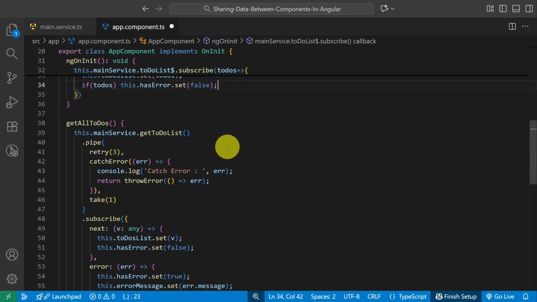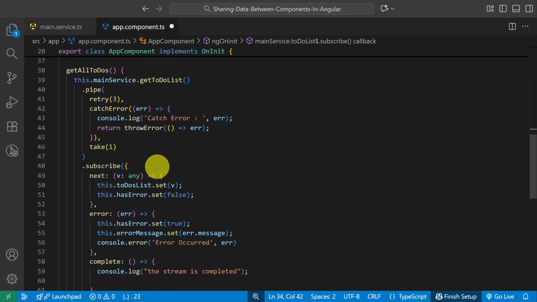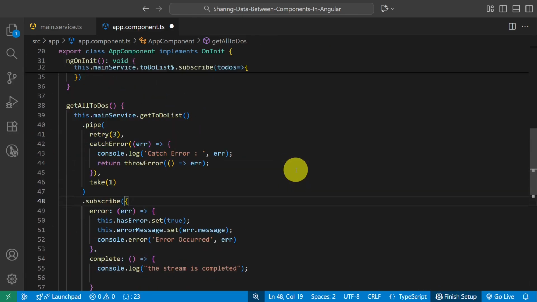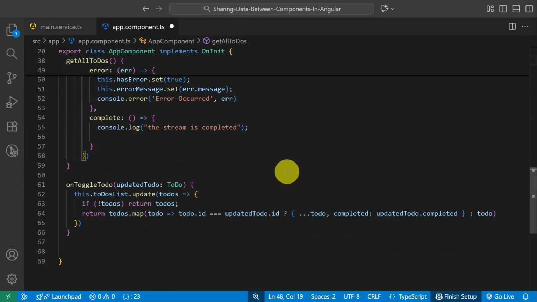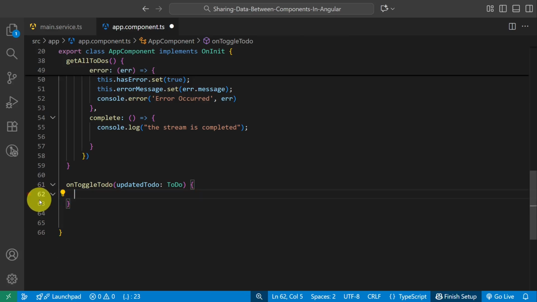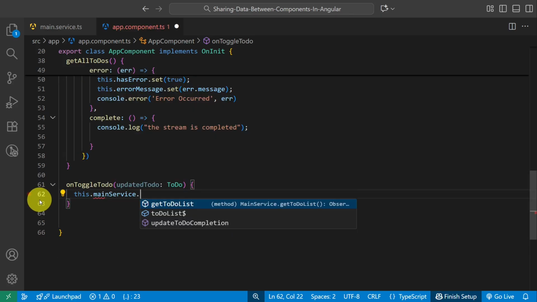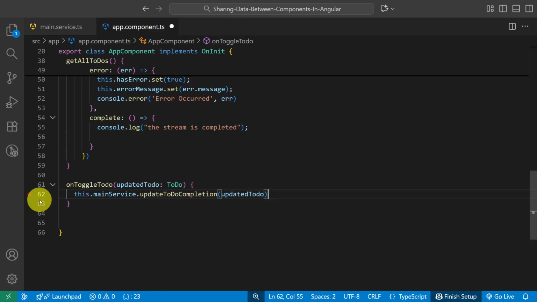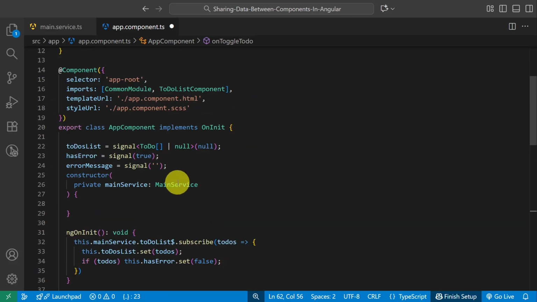Great. Now in the subscribe, we don't need next. Fantastic. And as you can see in our main service, I transfer the logic of onToggleTodo inside the service. Now I use the updateTodoCompletion method from main service.